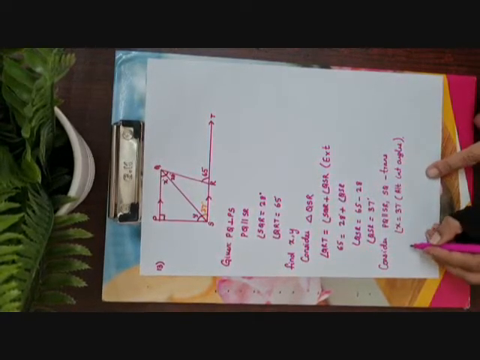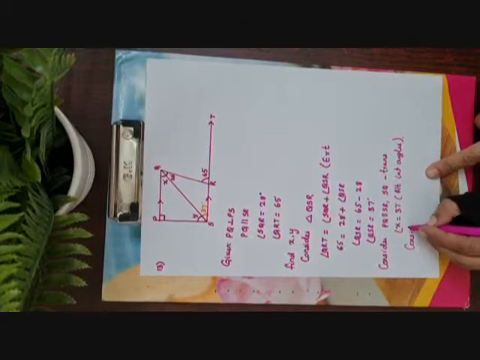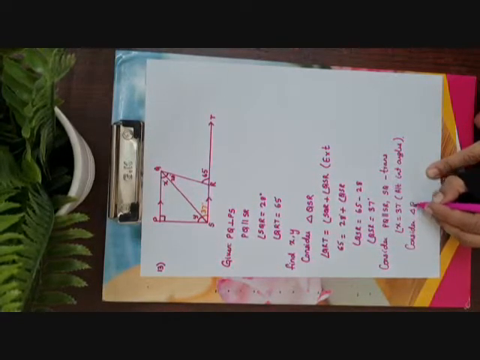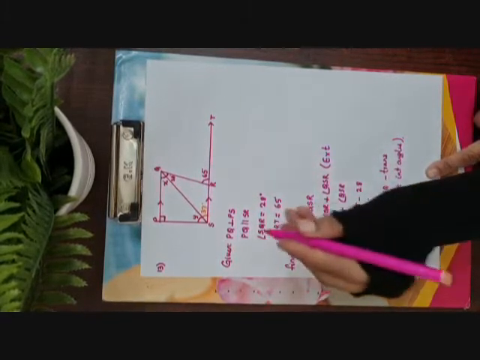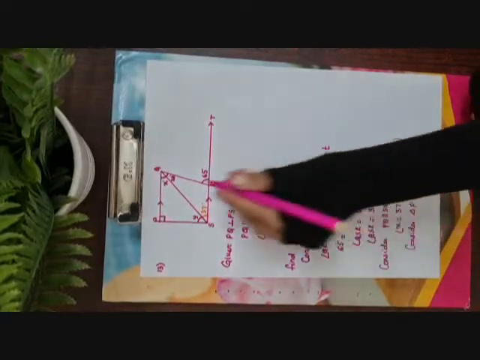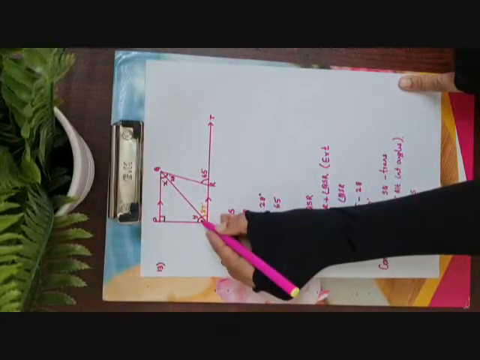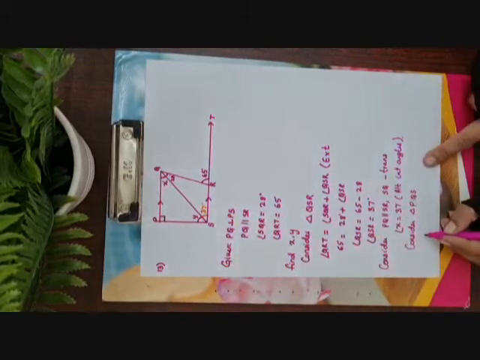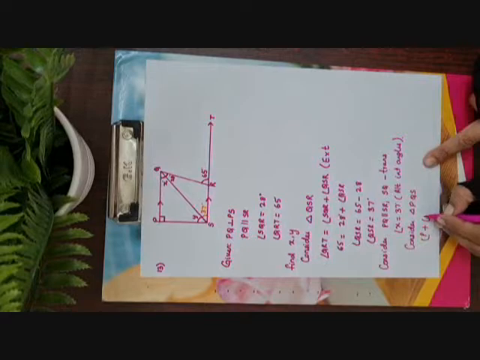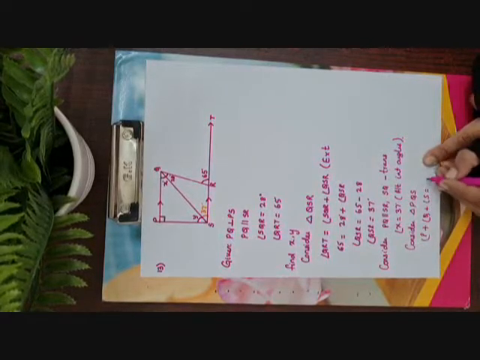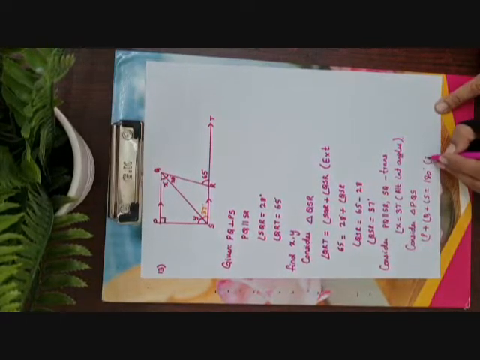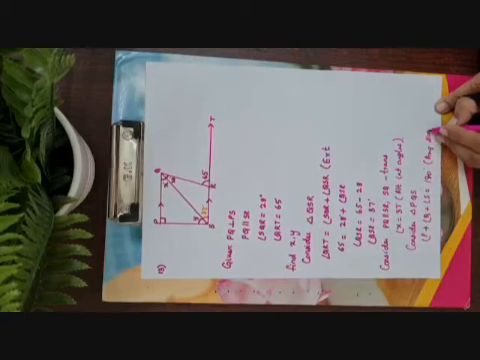Now we will consider triangle PQS. Now triangle PQS has three angles. We have found the value of X. We know this is 90 degrees and hence we get the value of Y. We have angle P plus angle Q plus angle S is equal to 180 degrees. Angle sum property, children. Yes?